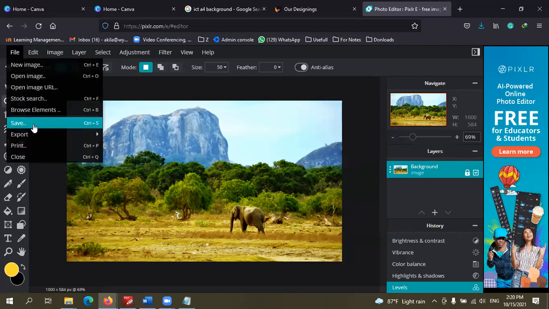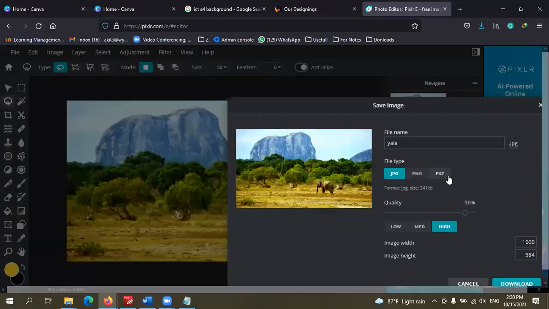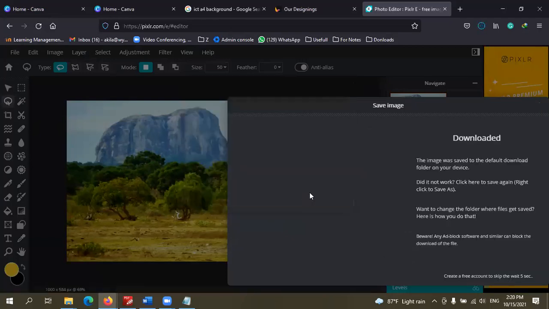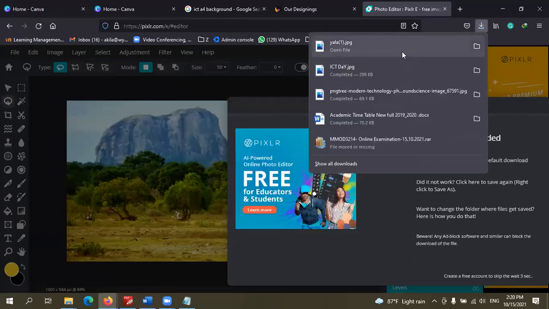That's all. So click on Save. And you can increase the quality from here as well. Sorry, it's available in the free version, right? So right, then click download. An image will be downloaded into your computer.